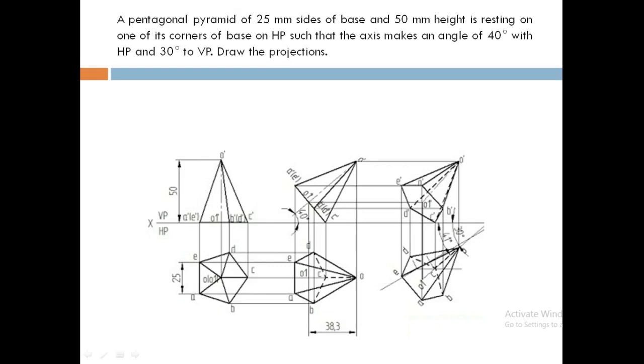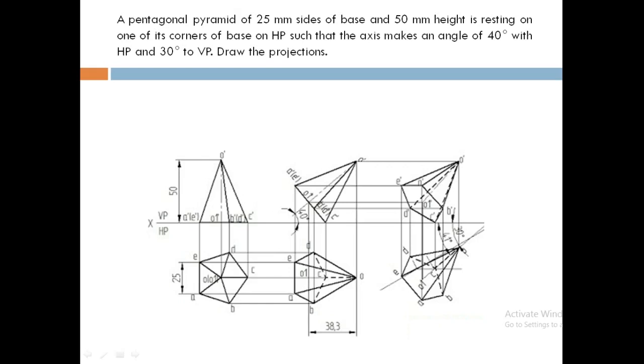Now, before going to the next step, you need to redraw this second top view for the given angle. But here the axis length is an apparent length, so we need to calculate the apparent angle to redraw this view. So we need to calculate the beta angle. Is it clear? When the axis length is reduced compared to the initial length, and we need to redraw this second top view, we need to calculate the beta angle. If you calculate the beta angle, you get around 41 degrees. That is, the beta angle is greater than the given angle.